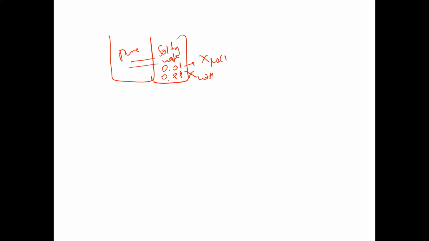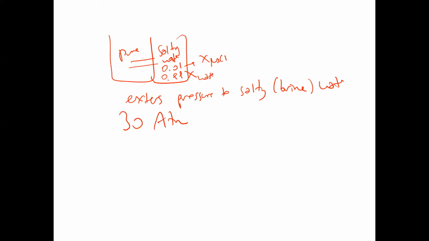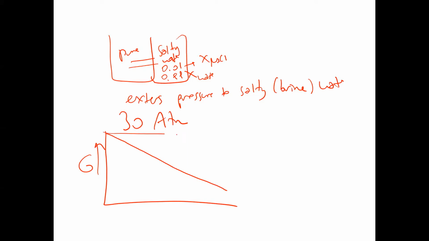And pure water exerts pressure to salty water or brine water, seawater, 30 atm. And the important thing I'd like to mention here, this is the Gibbs free energy change. This is the delta G value,